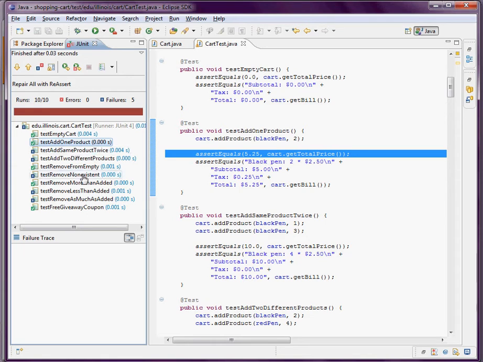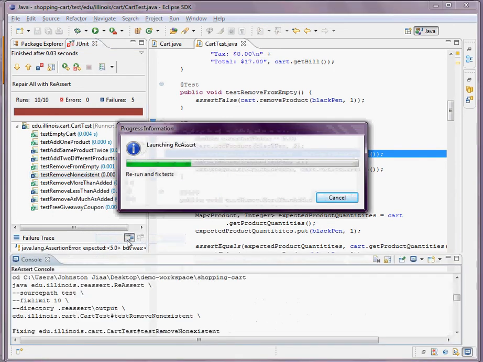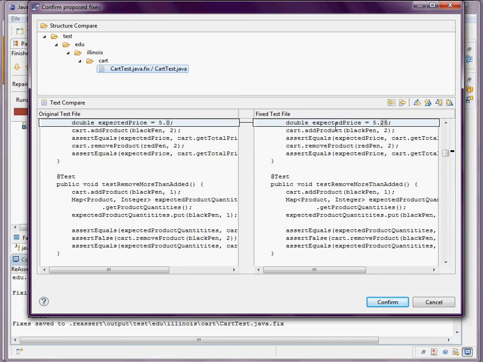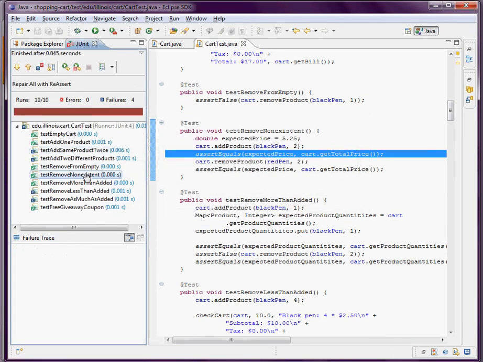You might be thinking, what if the assertion is performed on a variable rather than a literal? Let's see for ourselves. Here, in test remove non-existent, we have extracted our expected price into another variable. Does this confuse ReAssert? Of course not. ReAssert simply uses another strategy called trace declaration use path. It finds where the value is first defined and updates it there. We are happy with these changes, so we confirm, rerun the tests, and note that test remove non-existent now passes